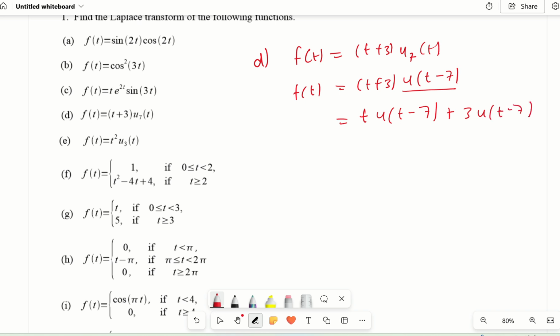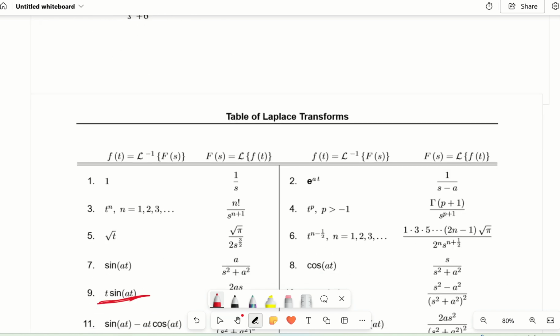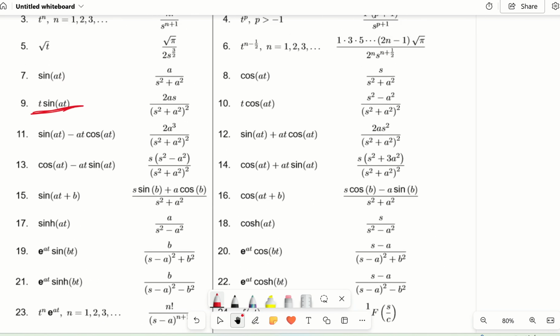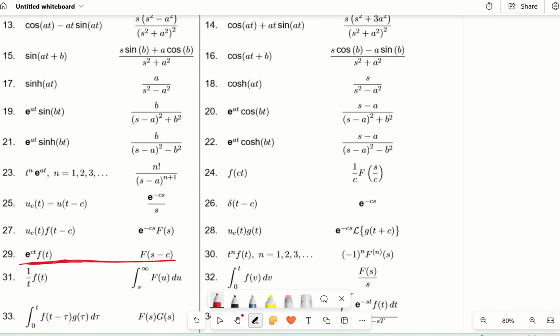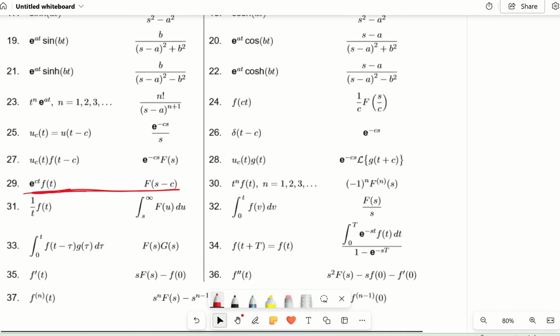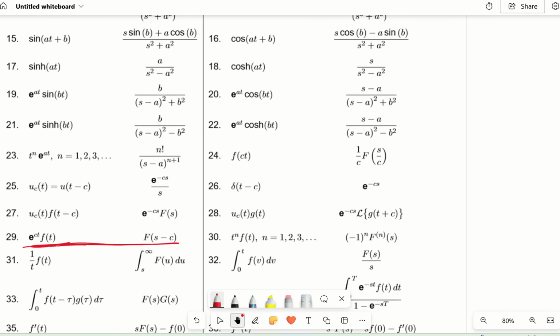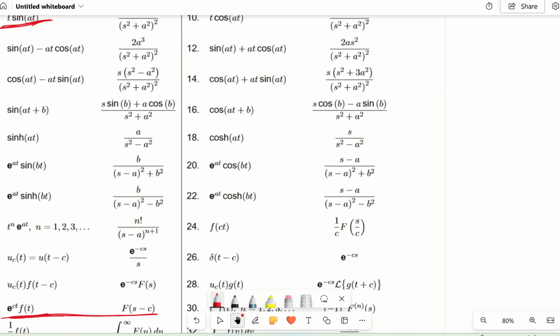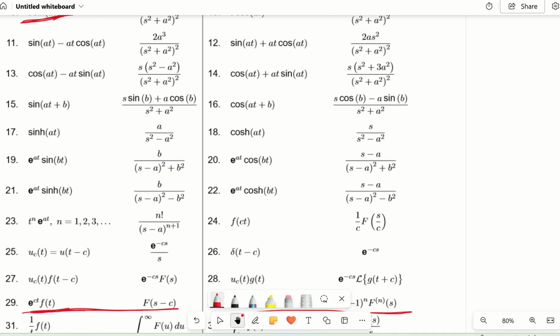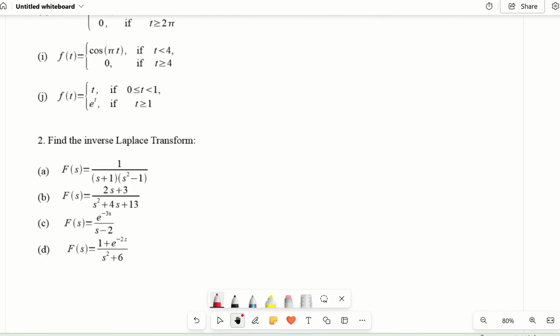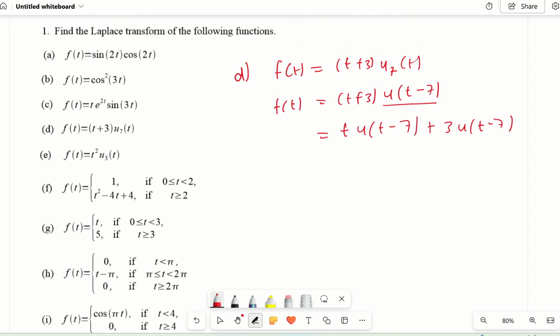And when you look to your table, where is it? We are going to use this one. It says t times f of t,